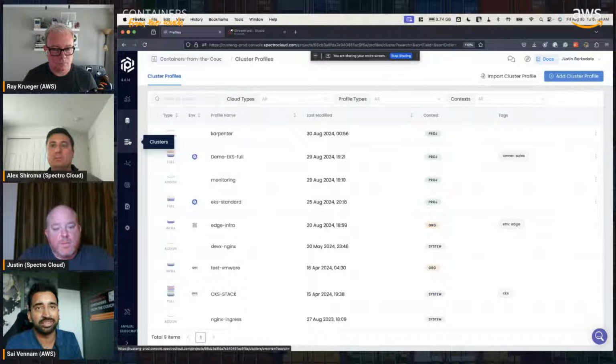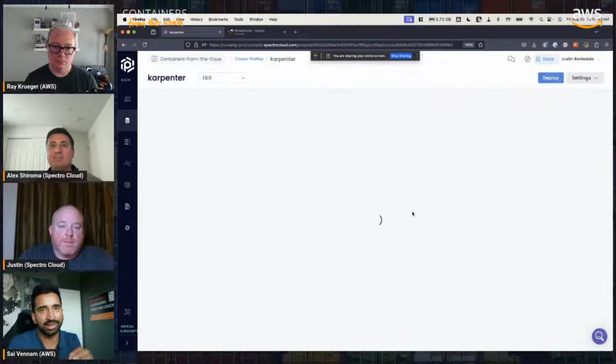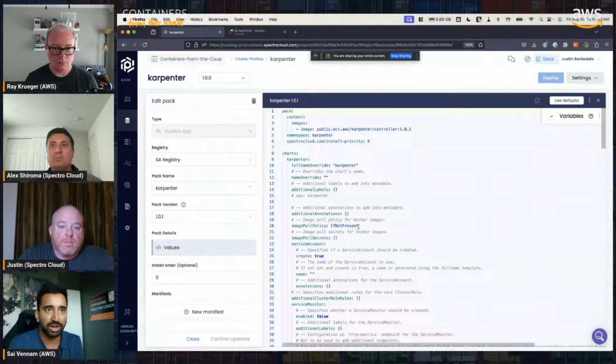And not everyone needs to know how that Carpenter stuff works underneath the covers. By the way, I saw when you exposed some of those YAML in the Carpenter pack that there's an actual Helm chart in there that's being configured as part of the pack. Amazing. Mm-hmm. It's the best practices for how to install. Totally customizable, but not everyone needs to know how it's done. Yeah, exactly.